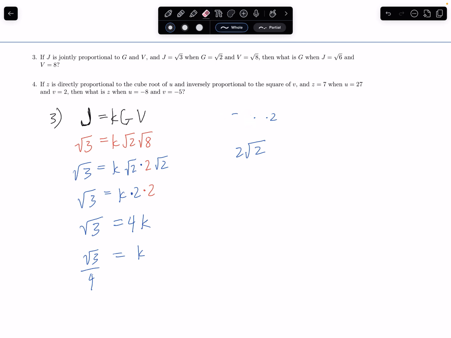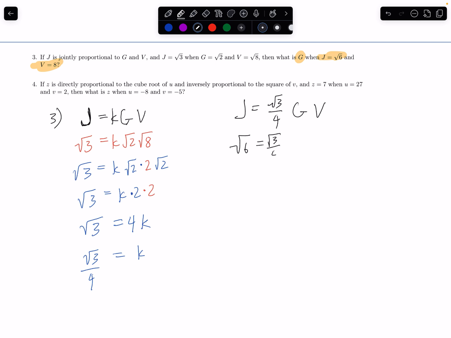Let's go back to our original equation then, and right now our new equation. So J is equal to the square root of 3 over 4 times G times V. All right, so now I have my constant of variation integrated into my equation, and I have to now solve for whatever is missing. Let's see what we're given. It's asking what is G, so that's the thing we're going to solve for, when J is root 6 and V is 8. So J is root 6,